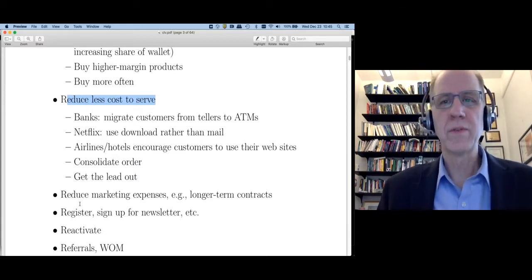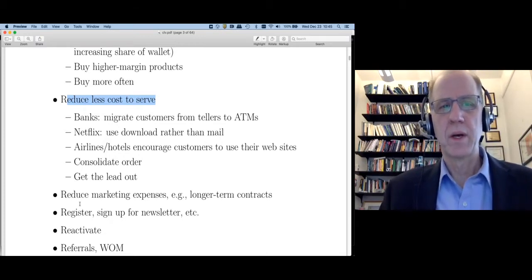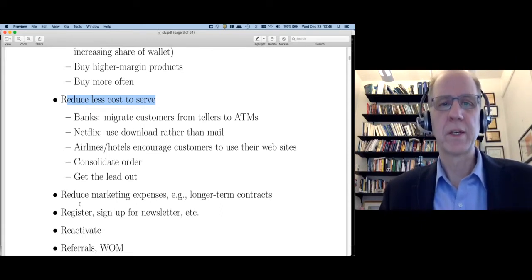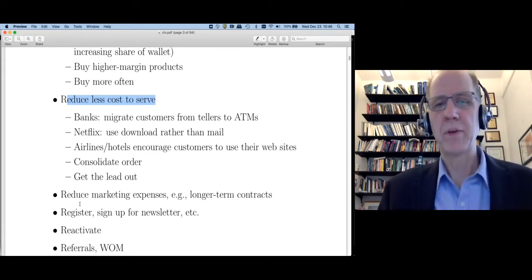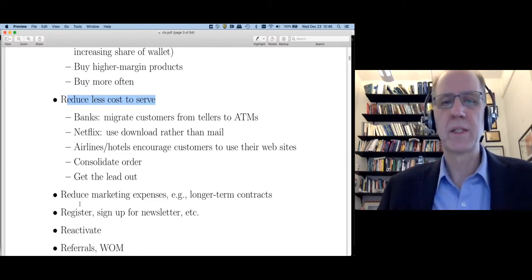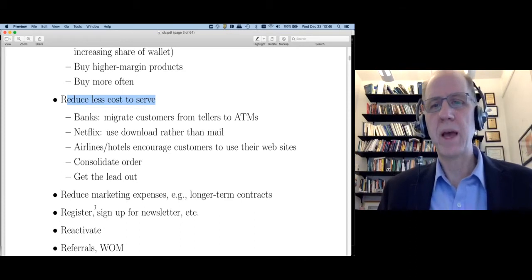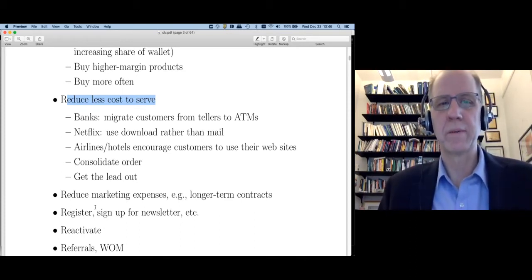So I can serve the customer cheaper if they use the ATM. There are many examples of this. I can remember a time when I would call the airline to book a ticket, and of course having a telephone agent is much more expensive than having a website, and so they would much rather have me go to the website to book a ticket than call in. So most airlines will charge you if you want to talk to them.